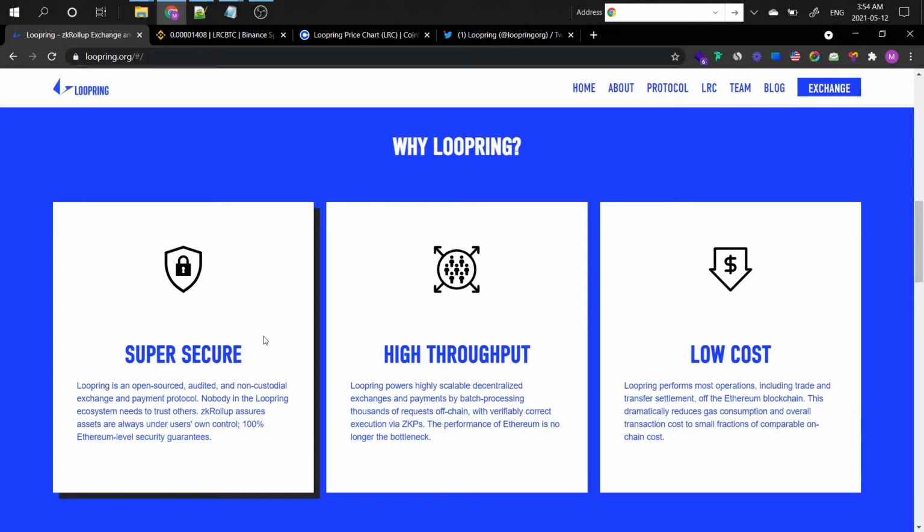And there's also high throughput. Loopring powers highly scalable decentralized exchanges and payments by batch processing thousands of requests off chain with verifiably correct execution via ZKPs. The performance of Ethereum is no longer the bottleneck, and this is the actual problem that it was solving. Currently, there are a lot of coins trying to solve this whole gas fees problem,